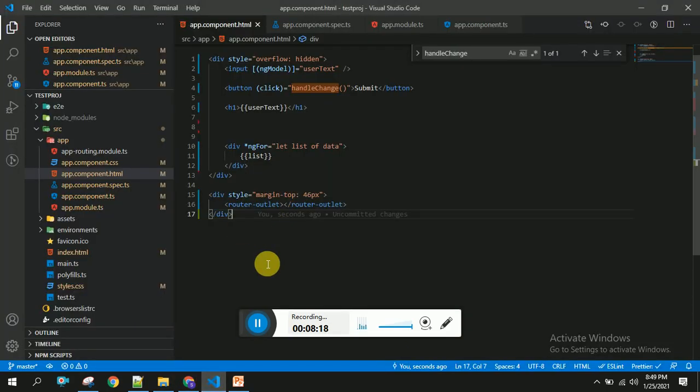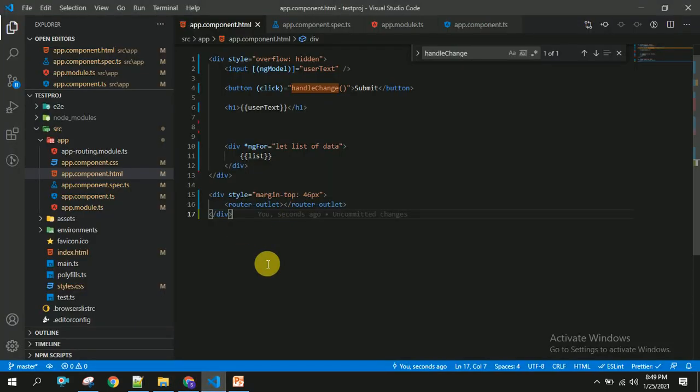The next thing is I am going to capture the index of the iterated item. For this I am going to use let i equal to index, and I will be able to get the index of the particular iterated item.